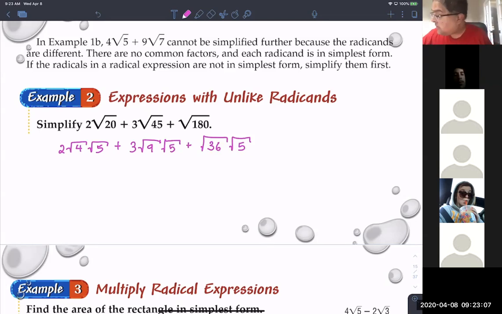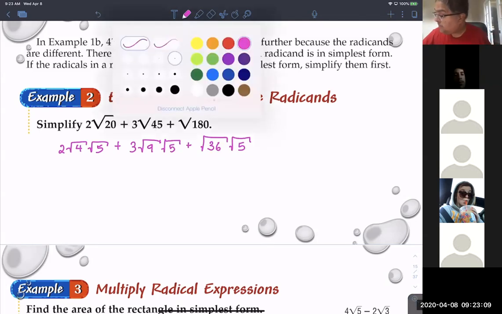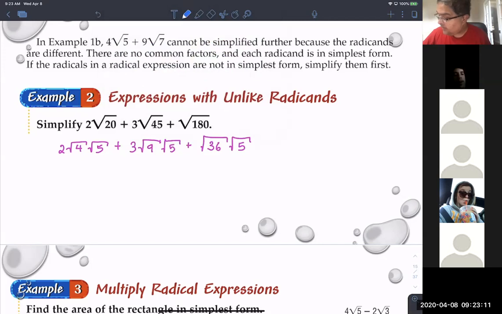Now, what comes out from underneath the radical? The 4, which turns into a 2. Okay. What else? 9, which turns into a 3. Okay. And then the 36, which turns into a 9. No. No, I mean 6. My bad. Okay. Now,